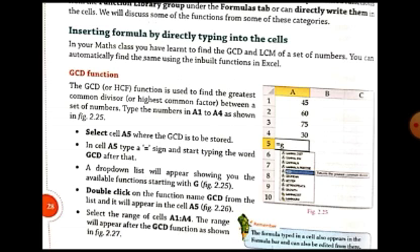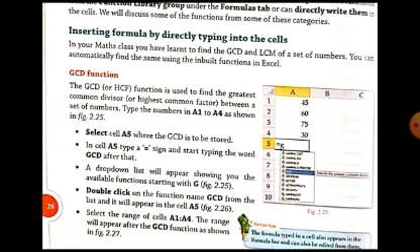By typing the word GCD, a drop down list will appear. As soon as you type G after the equal to sign, before you have typed C, you will see a list of functions automatically appear. Excel will suggest the functions whose names start with G. If you want to use any function starting with G, you can select it from this list.